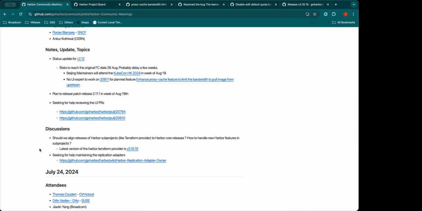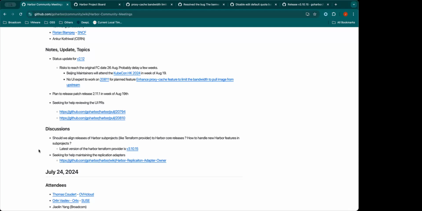One thing we need to make sure is that when Harbor core releases a minor release, the Terraform provider or Helm chart should bump up to make sure it works with the latest Harbor core release. But that will happen after the Harbor core GA, maybe 2 weeks after. I think that is similar to the Helm chart, which is also released after the Harbor core release.